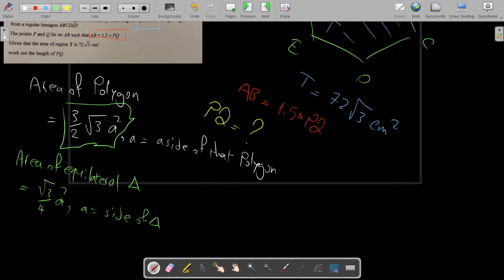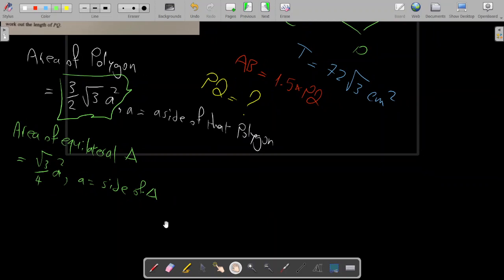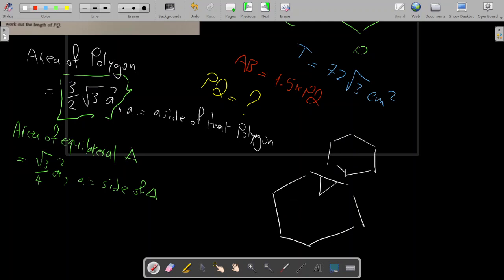How can you solve this problem? Since we are trying to find part of AB, we need to understand that this problem is related to the area. So we try to figure out the total area of the shape that we have in front of us and how we can divide the problem. Let's say that this is a hexagon, and inside this hexagon we have a triangle. So what is the idea of this? It means that I'm going to say this area here,